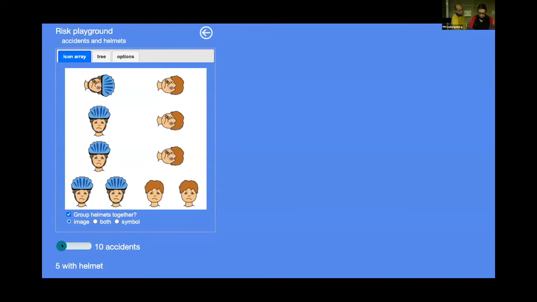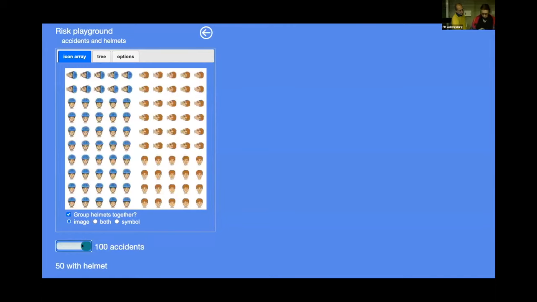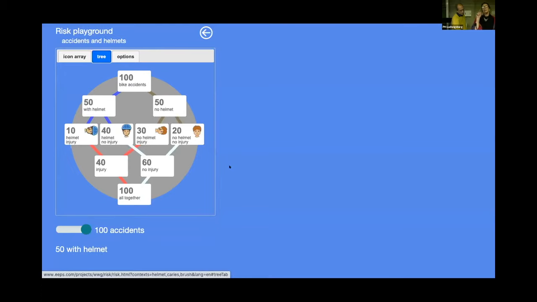You can, again, vary things here, vary the number of accidents. And here again, you have options, and you can do a tree. You see, in the tree, you can also express this risk reduction. You can go and find the nodes and look at this tree and see the risk reduction. The link. Okay. In the chat.